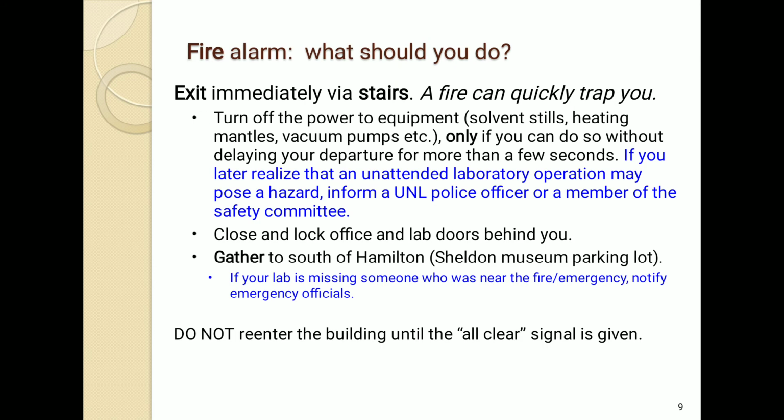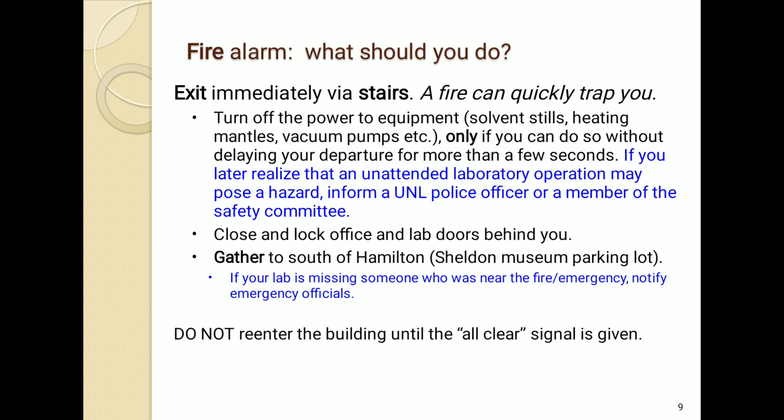Fire alarm: what should you do? Exit immediately via stairs. A fire can quickly trap you. Turn off the power to equipment, solvent stills, heating mantles, vacuum pumps, etc., only if you can do so without delaying your departure for more than a few seconds. If you later realize that an unattended laboratory operation may pose a hazard, inform a UNL police officer or a member of the safety community.